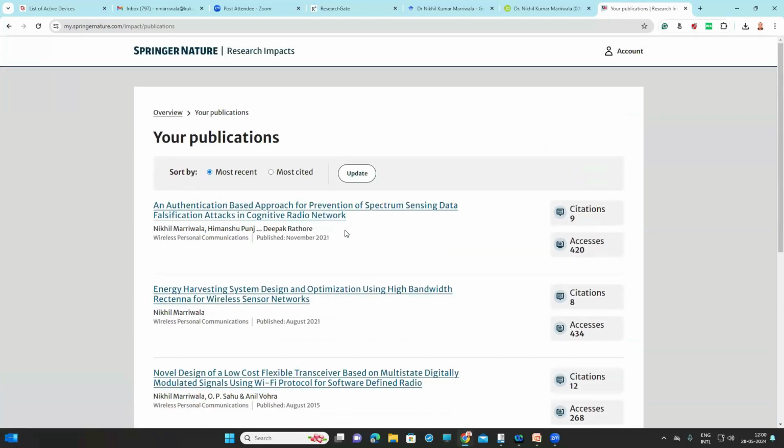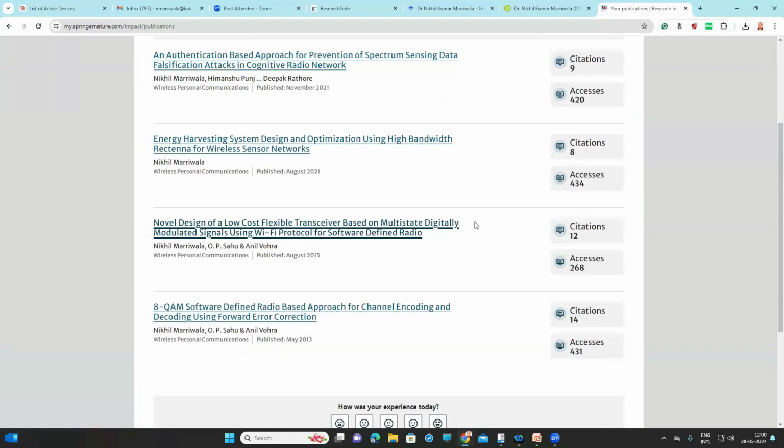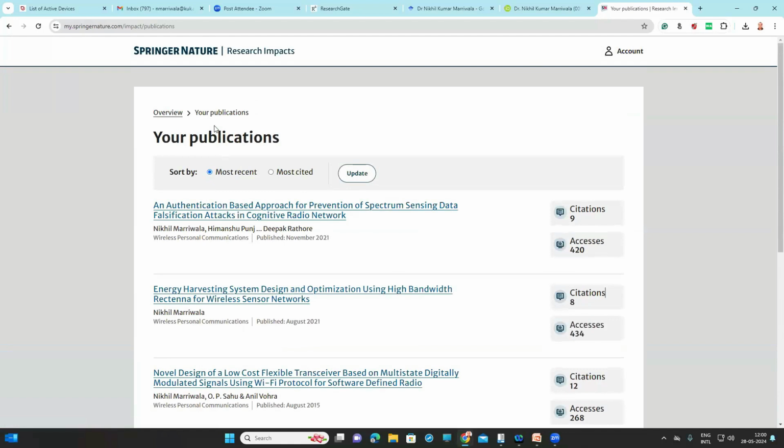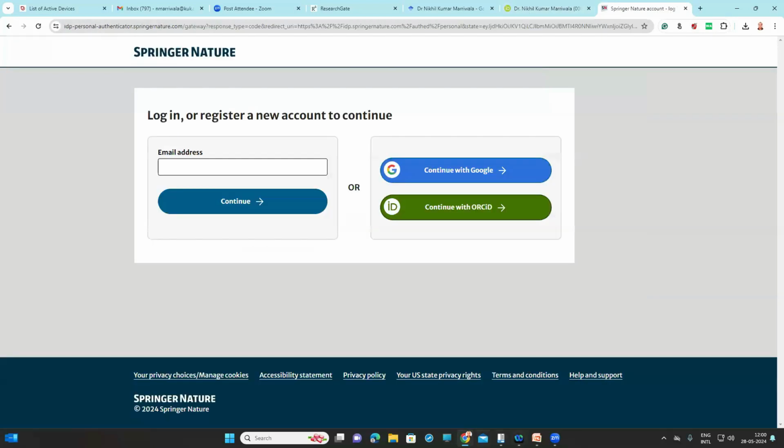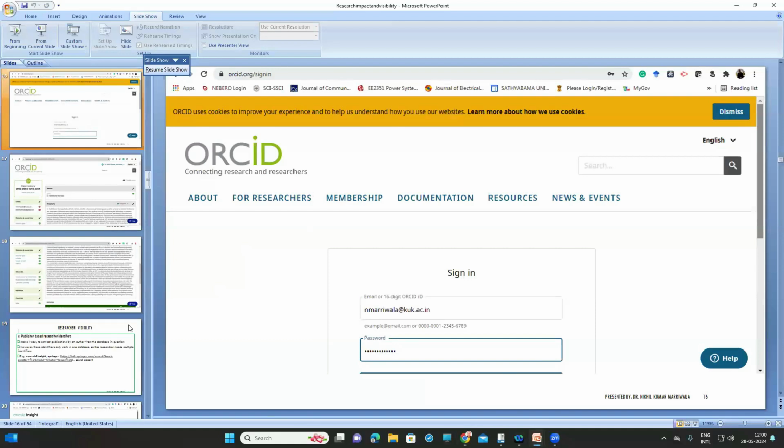So if you can see, the things are how many accesses are there. This is what I was talking about. How many citations are there, right? So these are two different things that you see, and then I can update it also. So this was all about Springer. Then I can move ahead to another part